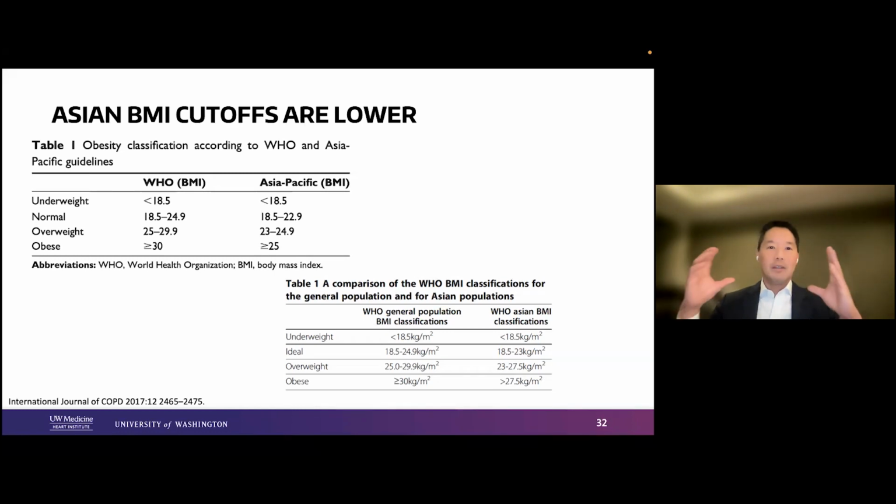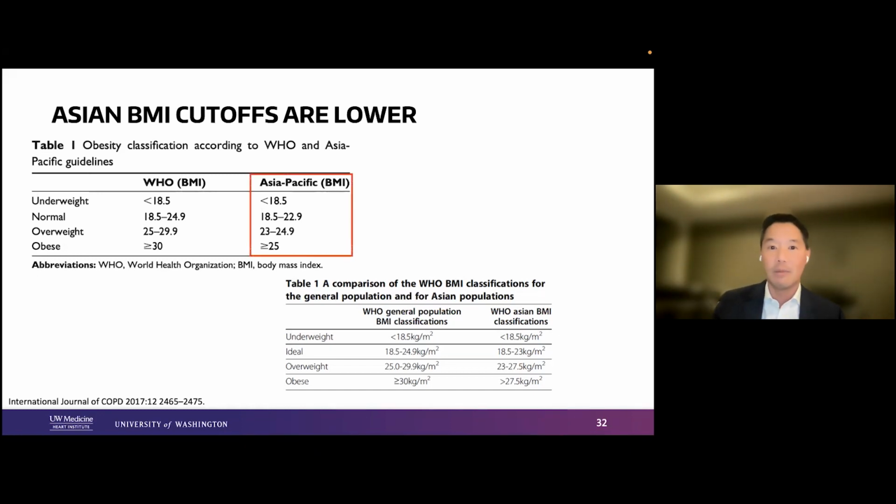So if we use the standard BMI cutoffs that the World Health Organization has put forward, then many Asians would not be considered overweight. But now we have decided that we need to have more discrimination. And we know that at the same BMI, Asians tend to have more prediabetes and diabetes. So as a result, there's been a strong push to change those thresholds to define who is underweight, normal weight,